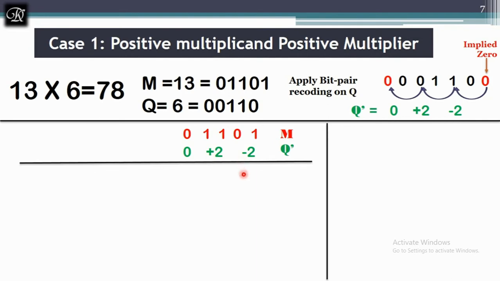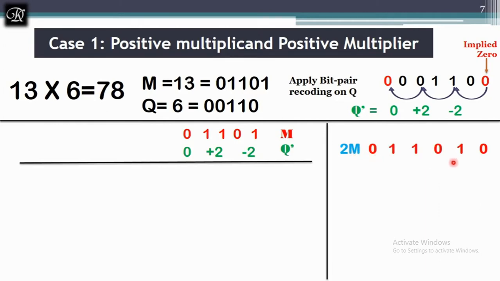Now we'll see how to perform the operation. So this is -2. How to get -2 here? When you have m and you multiply it with 2, it will be a double of that. It means if it is 13, it should be 26. Then first you have to find 26 in binary. So this is 2m. How to get this 2m?